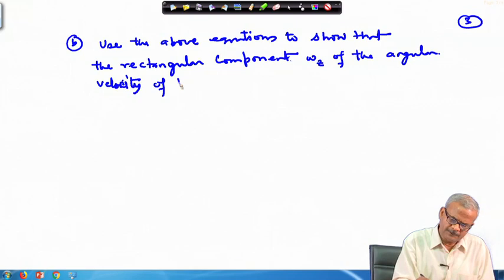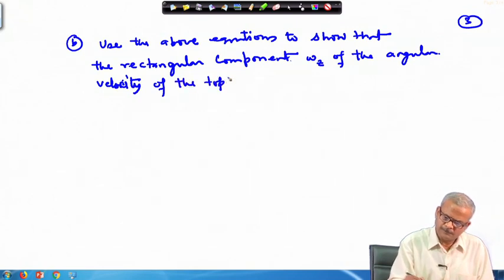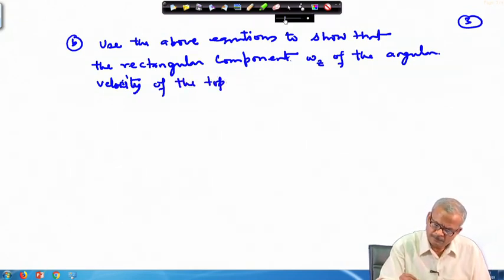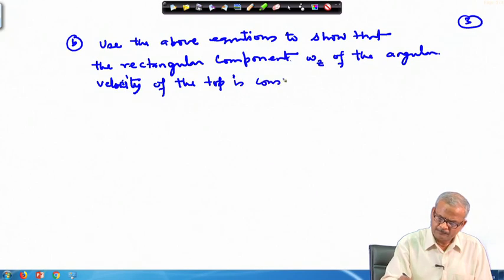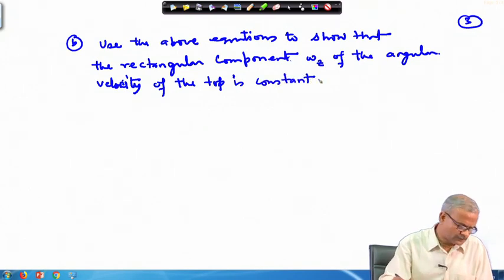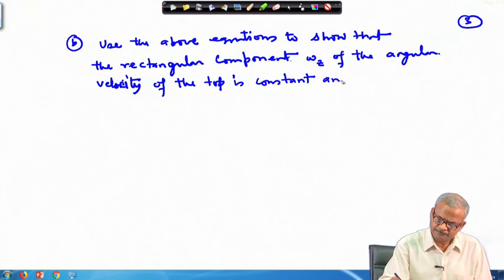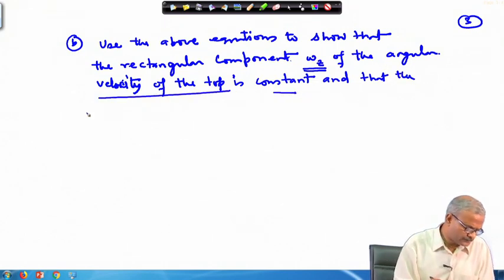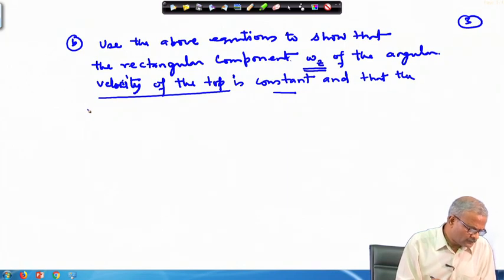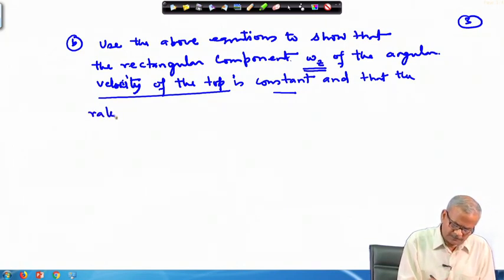The angular velocity of the top is constant. So omega z of the angular velocity of the top is constant, and that the rate of precession